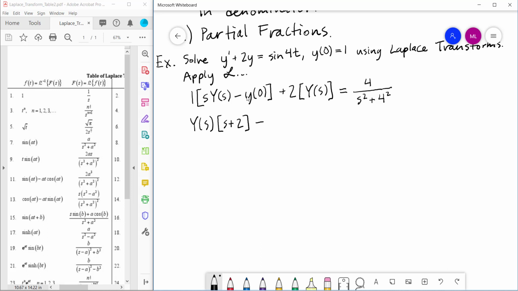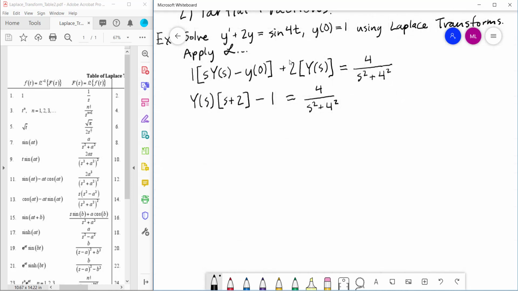From that, we are going to subtract off y of 0, but what is y of 0? It's simply 1, and that's equal to our 4 over s squared plus 4 squared. So there's what that looks like. And now our goal is, again, going to be to isolate the Y of s. So I'm going to move this 1 over to the other side. Then I'm going to divide the whole thing by s plus 2. And we're going to find out that capital Y of s is going to be equal to,